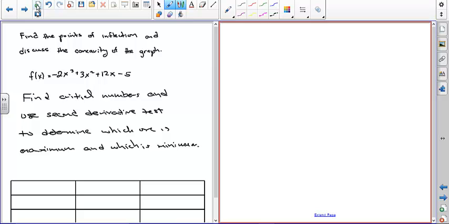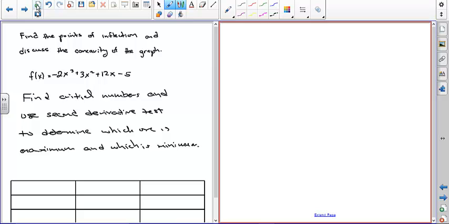So you'll take the first derivative, you can go ahead and set that equal to 0, solve for the values of x where it's 0, those are your critical numbers. Take the second derivative, which is the derivative of the first derivative, solve for x, there's going to be one value of x. That will be the point of inflection. You'll fill out this table with the second derivative information. So you'll have the interval from negative infinity to the point of inflection to positive infinity. You'll pick a value of x in those intervals, see what the sign of the second derivative is,